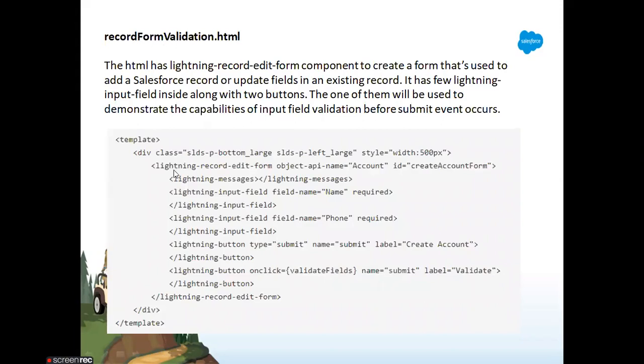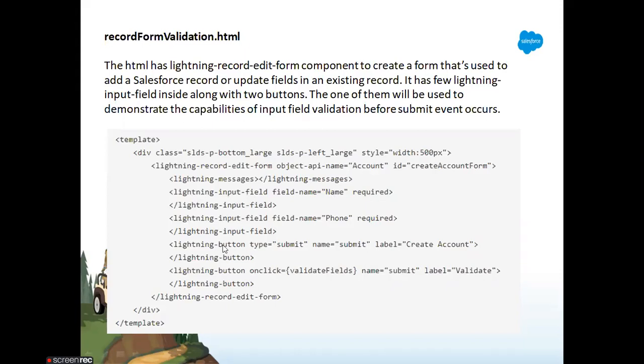So we are talking about the first, the HTML file. In this scenario, we are using the Lightning component Lightning record edit form. Whenever we utilize this component, we need to associate it with your object, that is, for which object you are trying to modify the contents. Here we are using Lightning input fields, one for name and second for phone number, and we mark them as required.